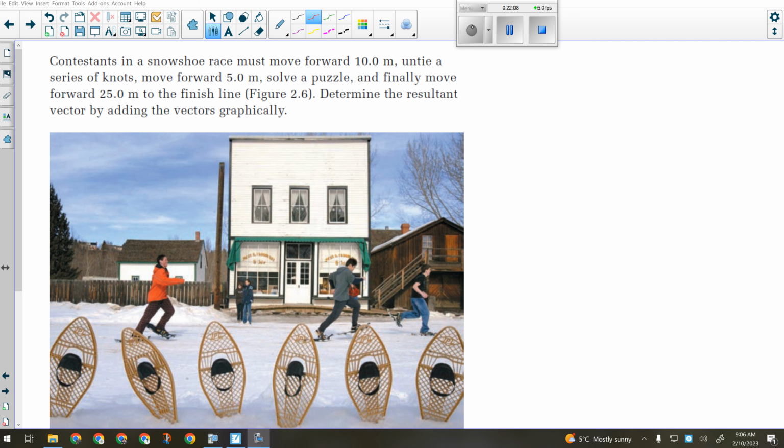So if we're going to add these together, obviously we don't need to draw a vector diagram for this because all the vectors are forward and that's pretty simplistic. But if we were going to do that, we would want to be careful about our scale. We got 10 meters, we got 5 meters, and we got 25 meters. So I would say our first 5 or 10 meter vector,